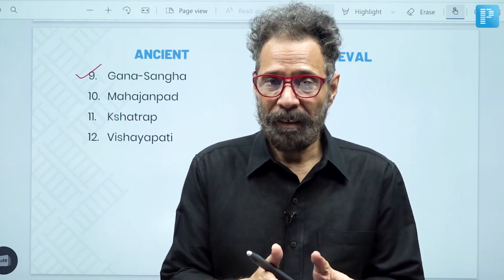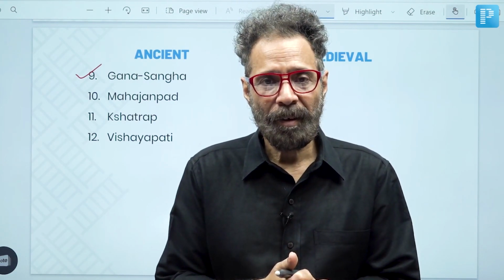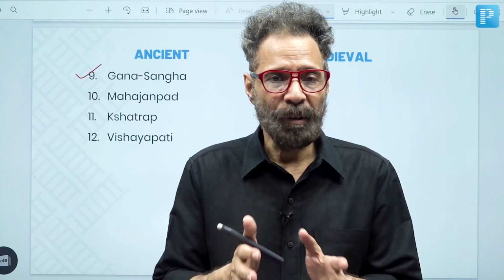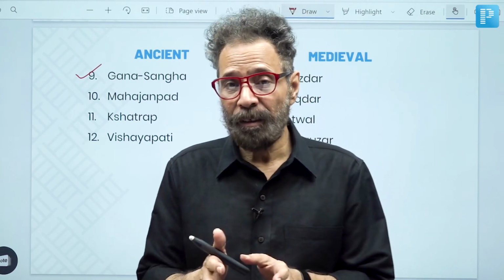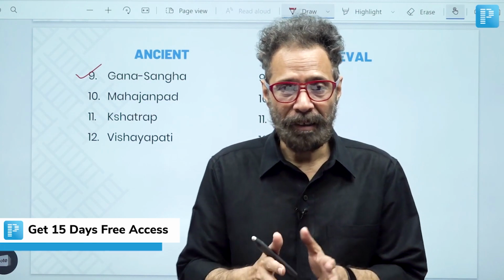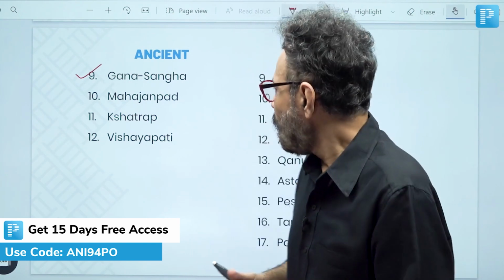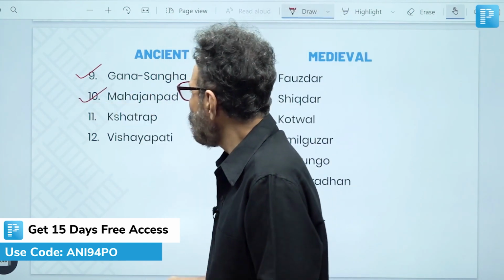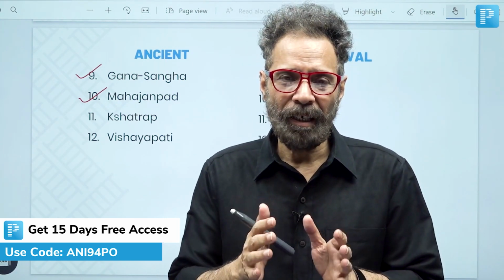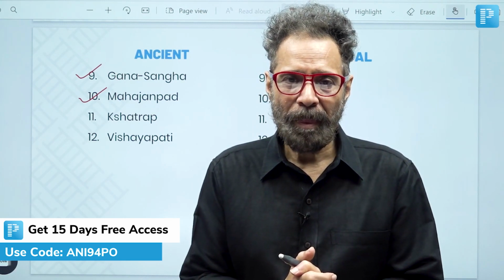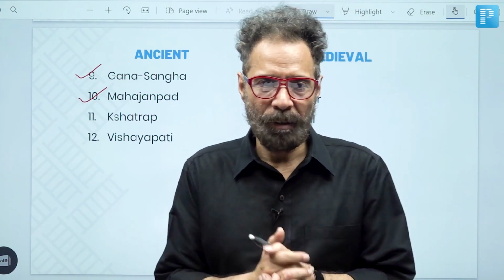And then again we find the rise of republics or Ganasanghas about 300 C. So Ganasangha represent republican system, form of political system that emerged in ancient times in certain periods. First in 6th centuries BC. Next is Mahajanpad. Mahajanpad refers to the early estates in ancient India. We get references of 16 Mahajanpads